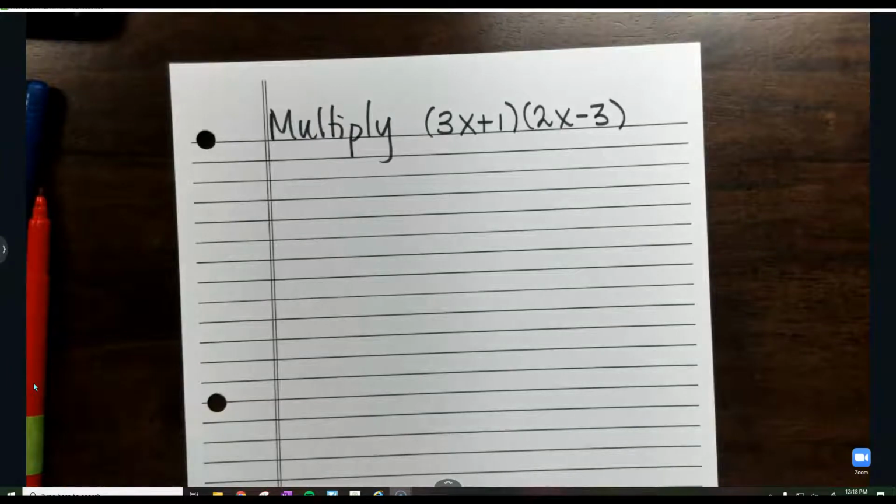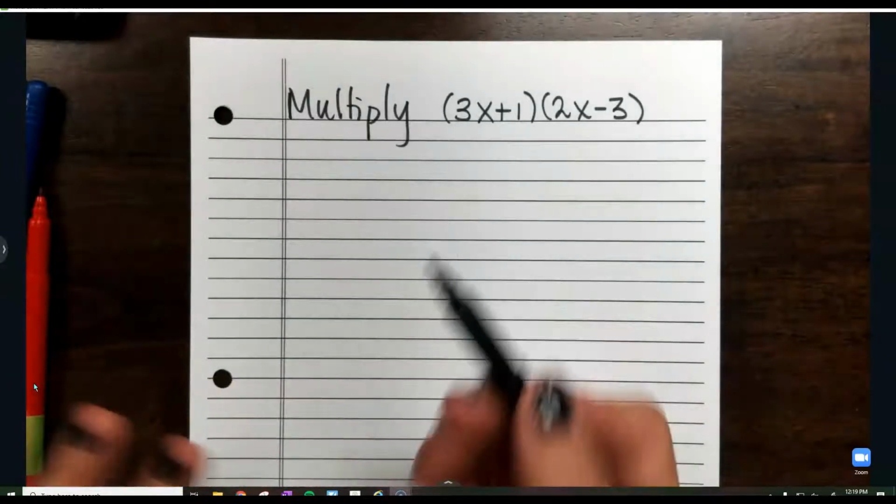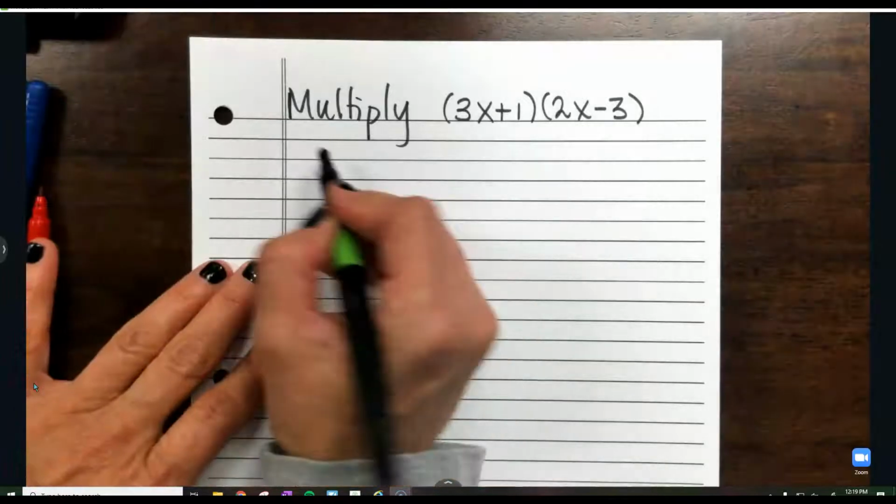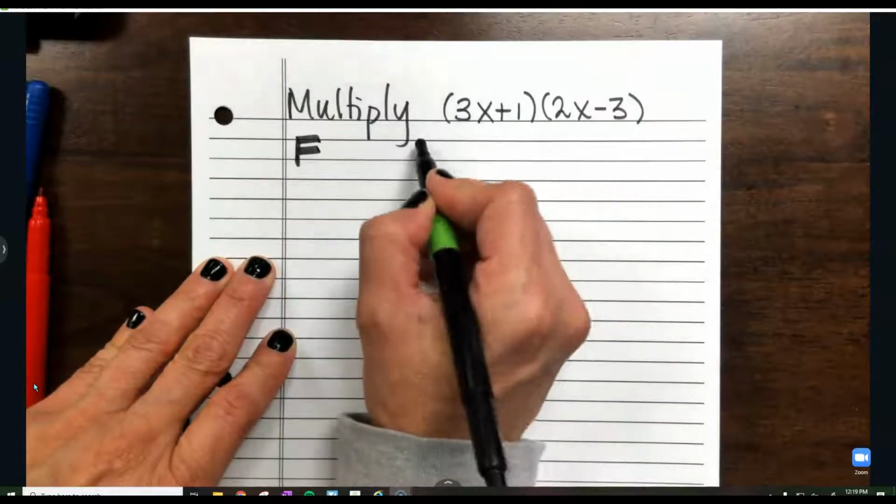Do I remember what to do in this? What do I do here? I FOIL. Who said FOIL? Oh, it's the first time I heard FOIL all day. I didn't think your Algebra 1 teacher has taught you FOIL. I heard distribute all day, which is right. That's like the real math term. But yes, I am going to FOIL. And guys, watch how I do this. I'm going to write the word FOIL across the